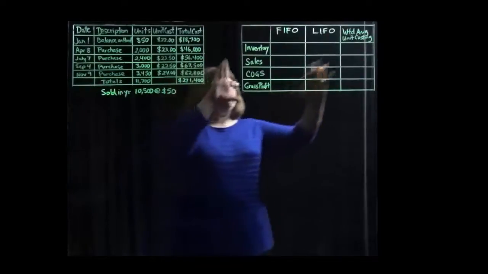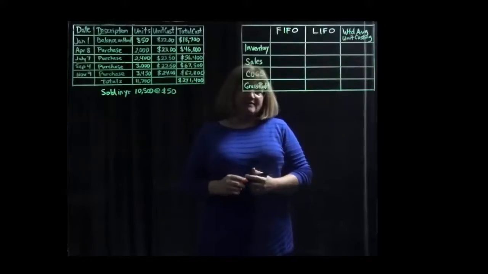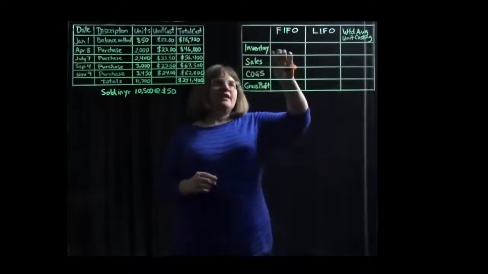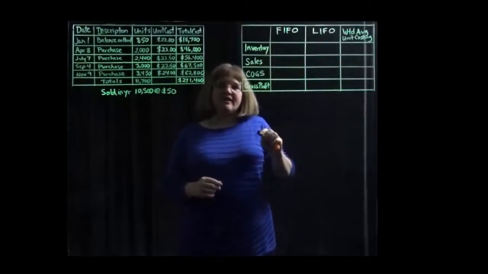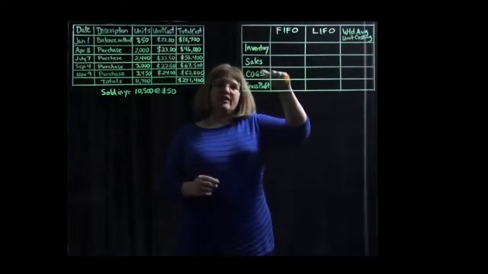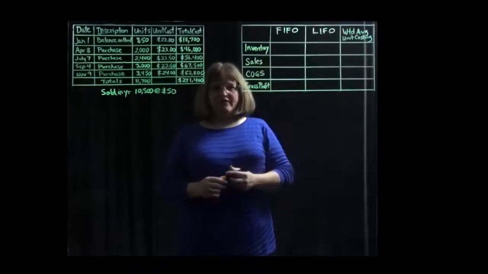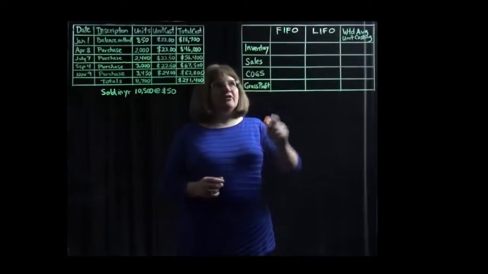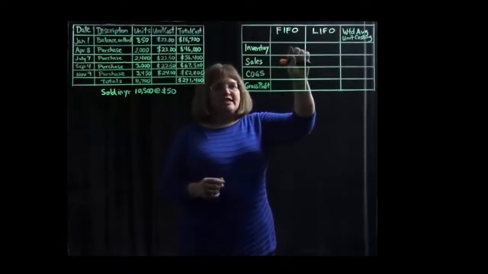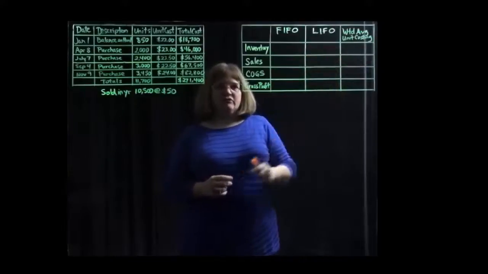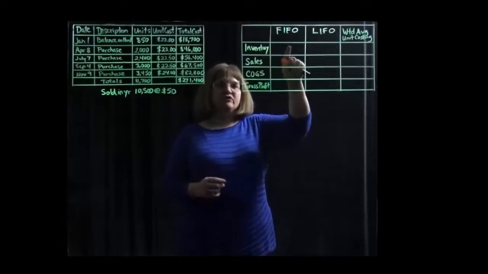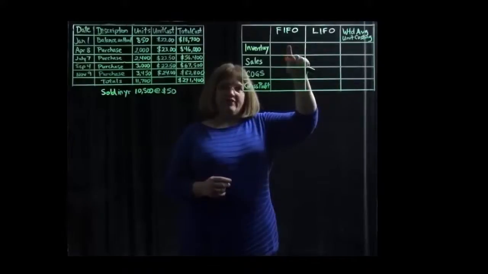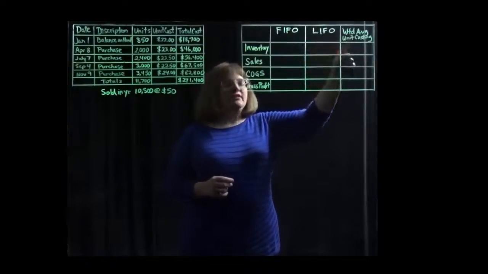And then I made a table for what the problem asks us to find. It asks us to find the inventory for the balance sheet at the end of the year, as well as the sales, the cost of goods sold, and the gross profit that's going to go on the income statement for the year. And they asked us to calculate those under each of the three different periodic inventory system methods: first in, first out, what we call FIFO, last in, first out, that we call LIFO, and the weighted average